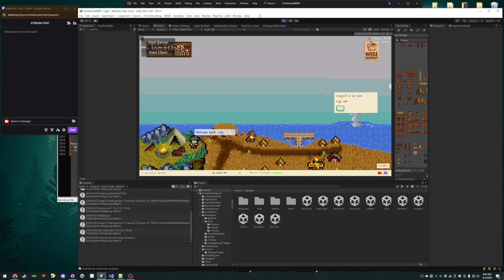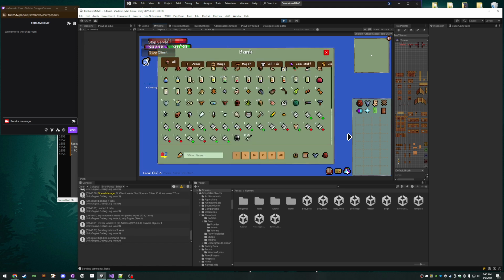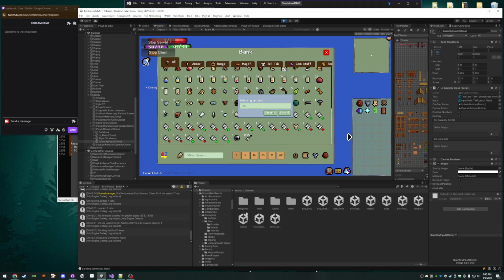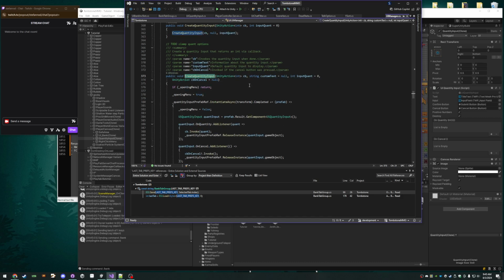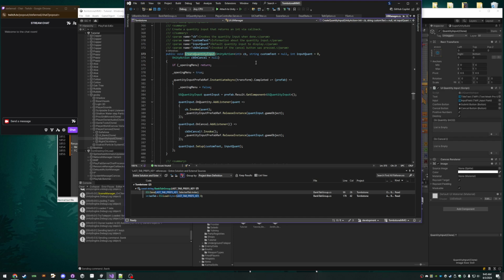I probably should have just left it open, but I want to see where it gets parented and stuff. It's probably just on the canvas, right? Yeah. I think. Oh, you can't drag it. Oops, wrong window. So yeah, you right click, hit withdraw X here. Then it creates a quantity input on the UI manager. So basically I want it to not do that. I want it to instead